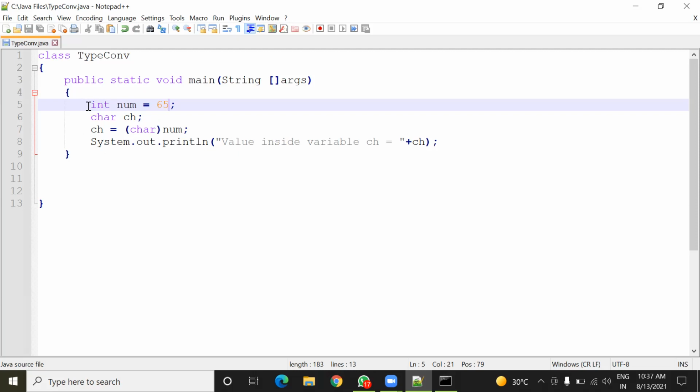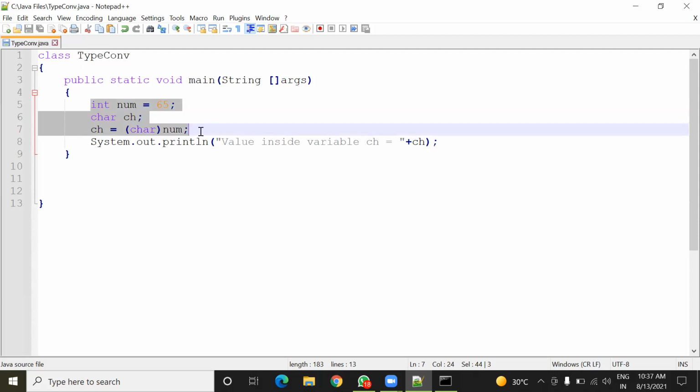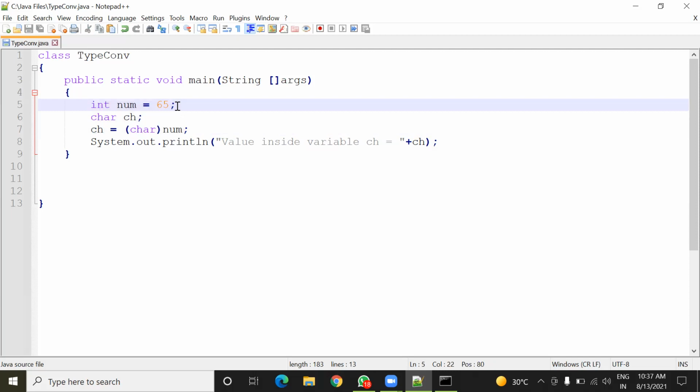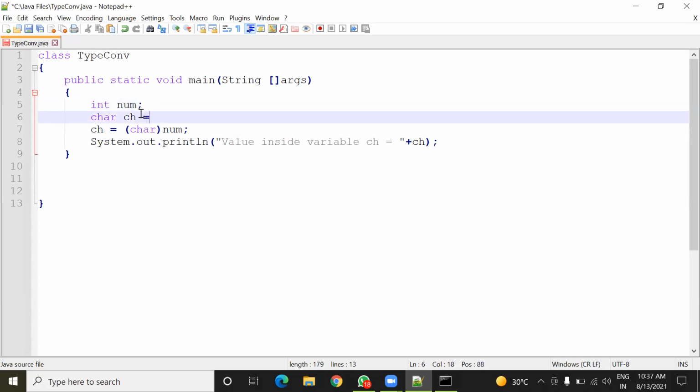So this is explicit type conversion. Now I'm going to make certain changes here. Here there will be only the declaration portion. And now inside this ch, I'm going to store a character, and the character is small r.